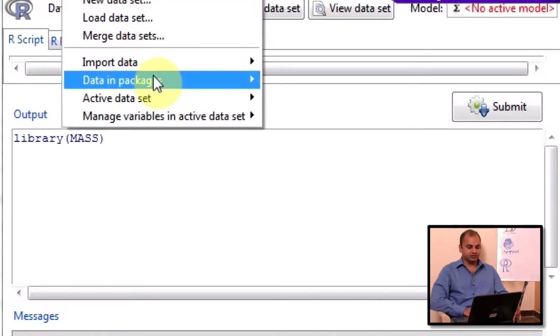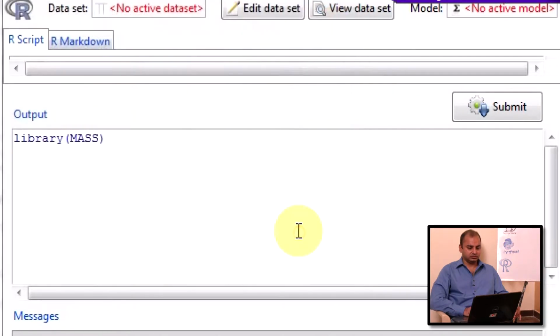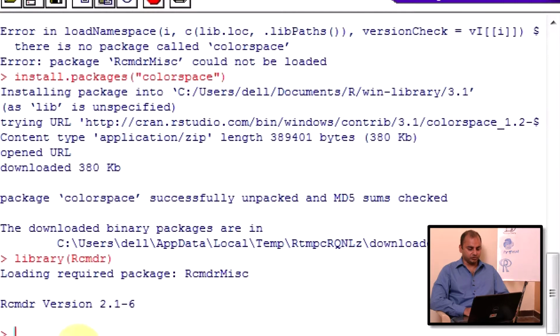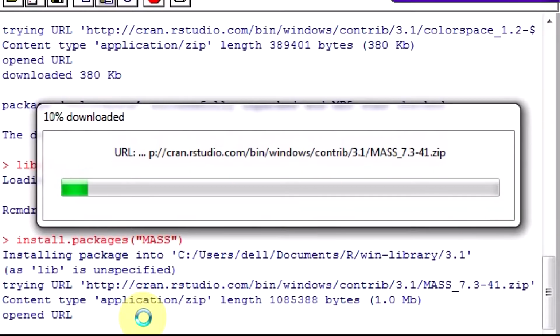First install the library MASS. Or you can even load up your own big diamond dataset. So load up that, but it will take you more time just to create the model.